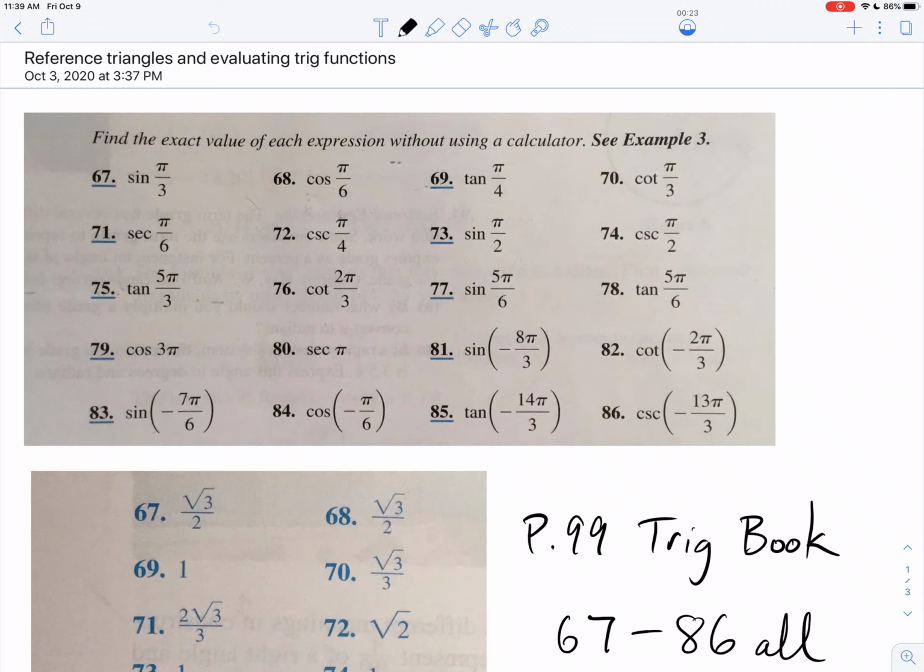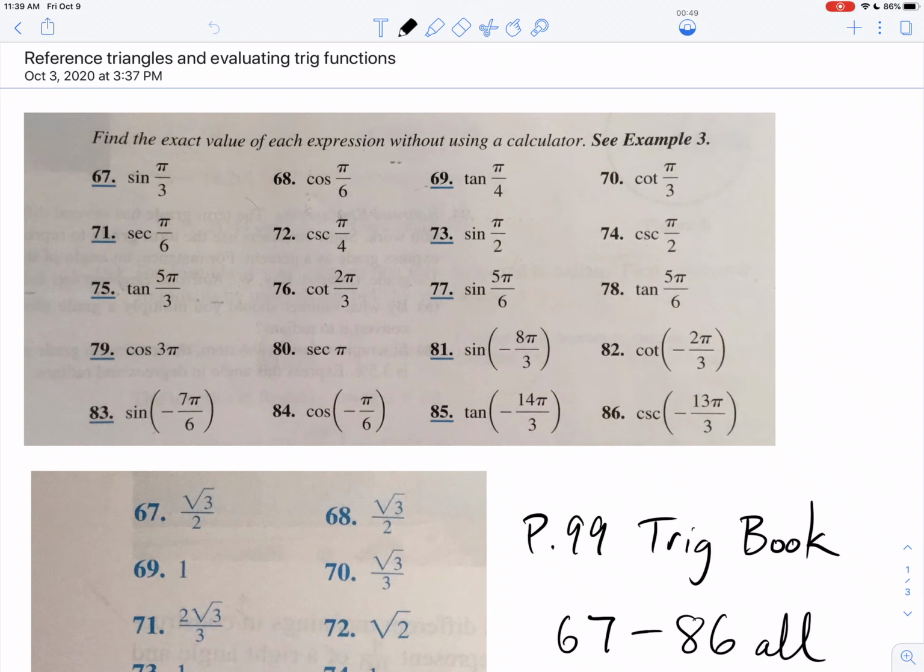And it says here in the instructions, find the exact value of each expression without using a calculator. There's going to be one little exception at this current spot we are together. If an angle is quadrantal, I'll let you use your calculator. But I also gave you guys a little chart of values in my last lesson, so you could use that